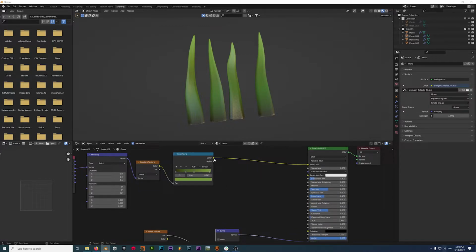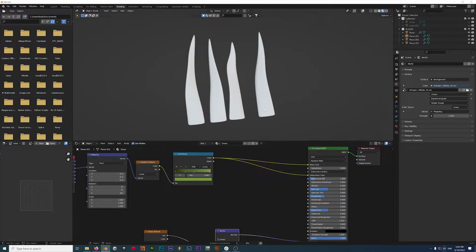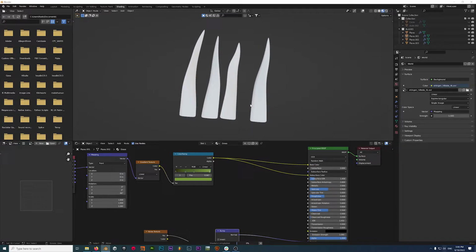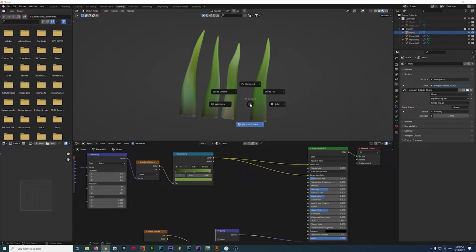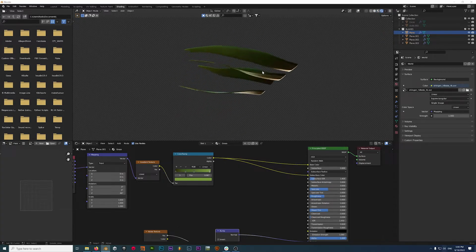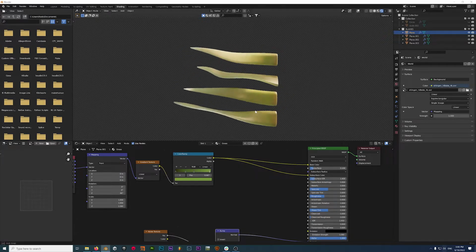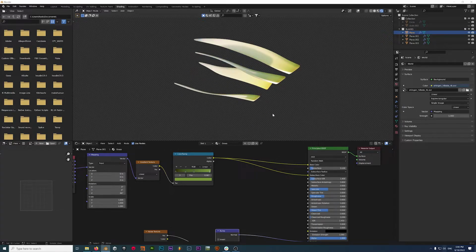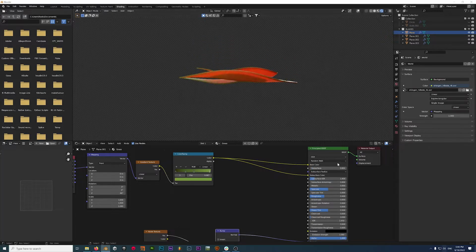Next thing we can do is move this, the color, back into the subsurface color, because we have grass and light goes through it. And I'm gonna turn on the render view. Now you can see that if I increase the subsurface scattering, the light will go through. So this is way too much, right? I'm gonna go with 0.001, and the subsurface radius is messed up, so just put 0.2,